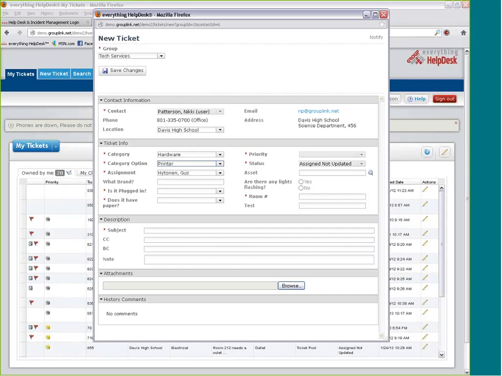You'll even notice I can put in some notes, subject, note. I can attach a file. Some of your more savvy end users will throw a screenshot on here, something like that. And then they can hit save. Now, once they hit save, we're going to send an email back to them automatically as a confirmation. And we're also going to send an email to the technician letting them know that they have a new ticket